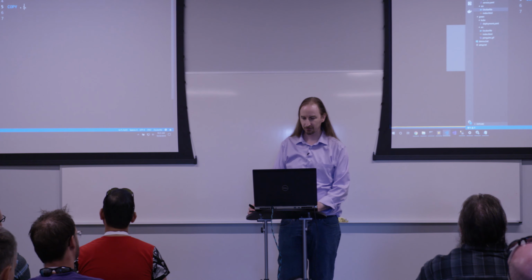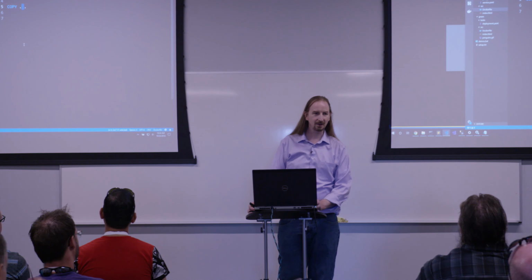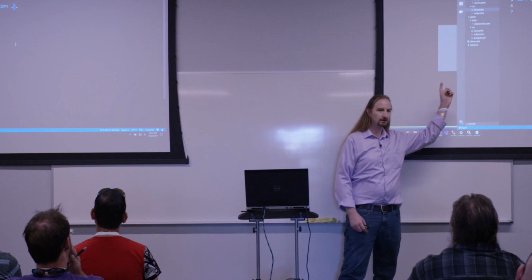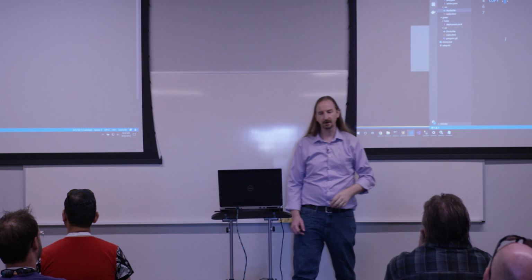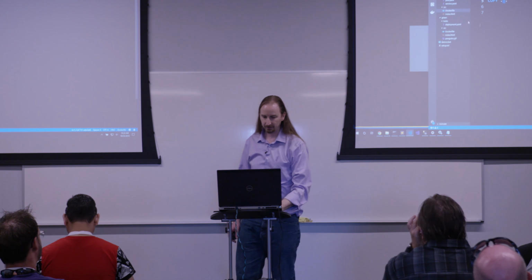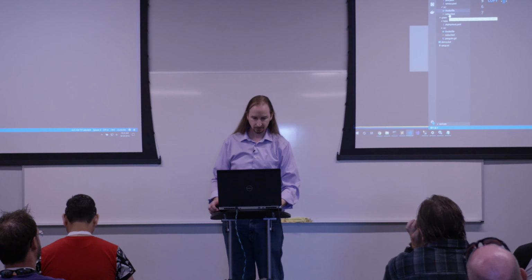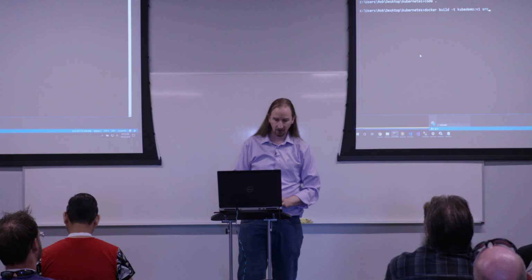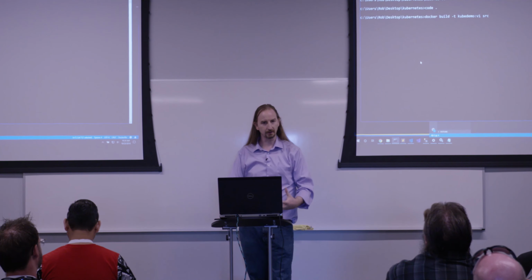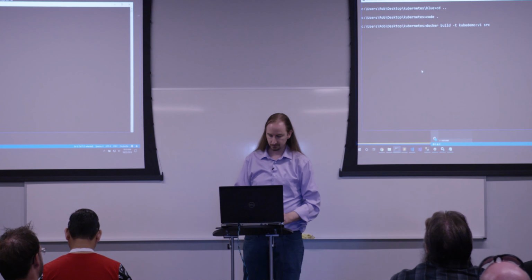So there's a nice space right here. I'm going to copy everything from my current development directory into the directory inside that image. So I have this index.html file, and that's great. Let's come here to the command line. I'm using minikube, but I can still reach into that cluster using standard Docker commands.